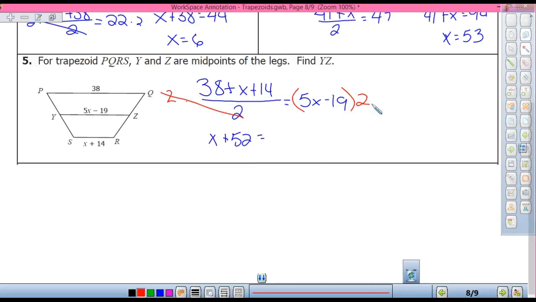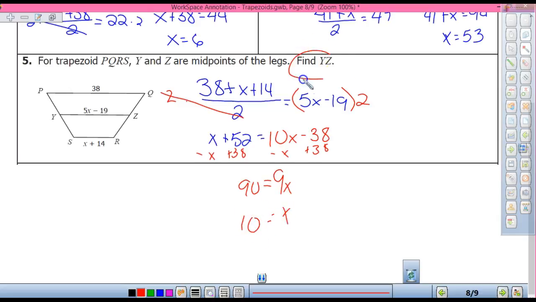This by 2, so don't forget to distribute it. I get 10x minus 38. So now we solve. Minus x, 9x equals 90. X is 10, but they want YZ, so what do I have to do? Plug it in. 10 minus 19, YZ is